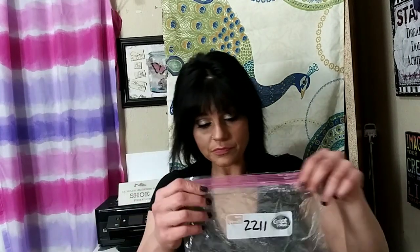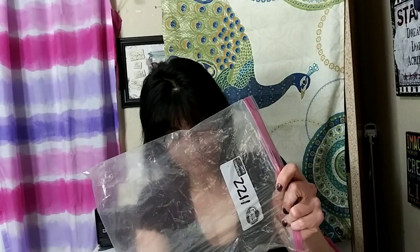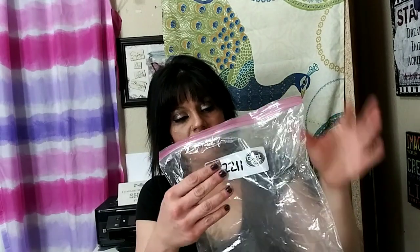Number 9 is you're going to place items in an inventory bag. I use the Walmart Ziploc bags. This is exactly how I do it, because these are my spare ones that I have that I sold today. I just have the Walmart ones. I get them at Walmart, 110 for like $5.67. I then write the inventory number. My inventory number consists of